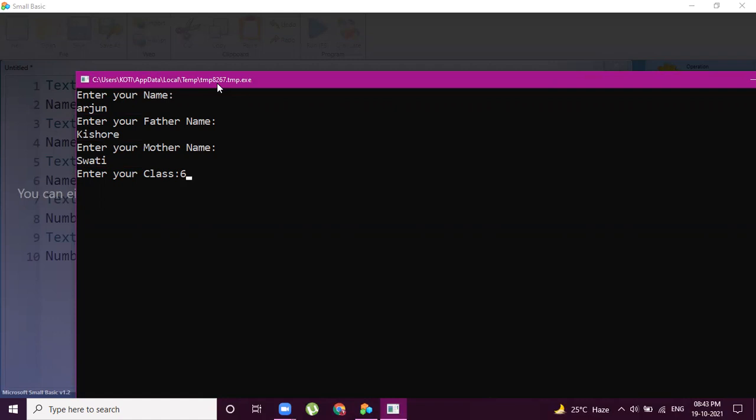You can type 6.5, it will accept. So when you use read number, you must type only numbers. If you are trying to type alphabets, it is not going to accept. Then enter. Enter your phone number. So here you are able to type the phone number.